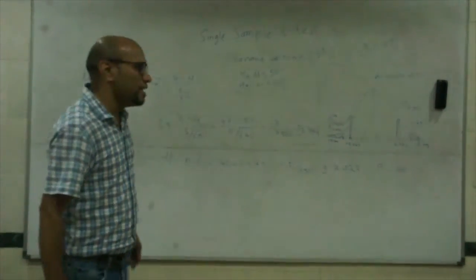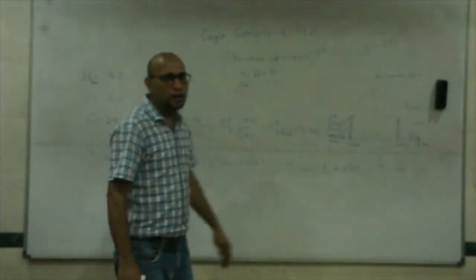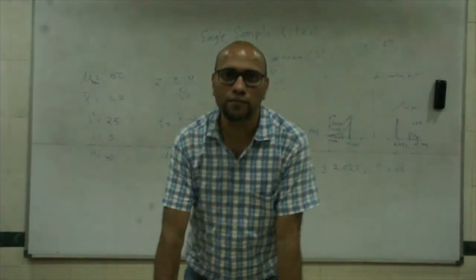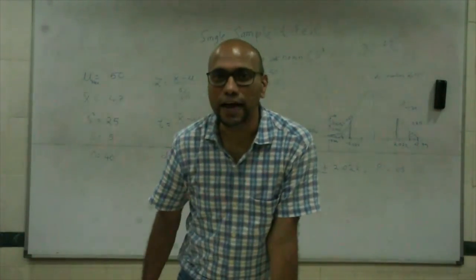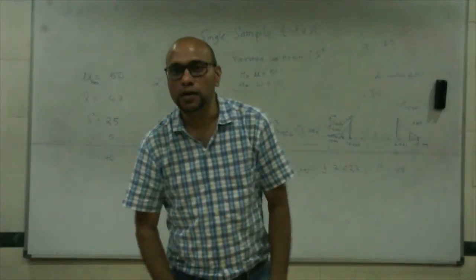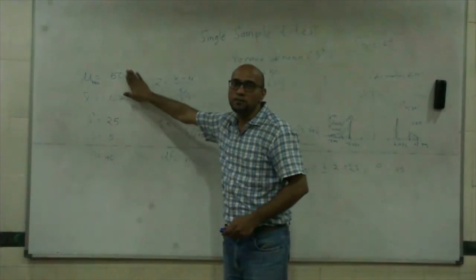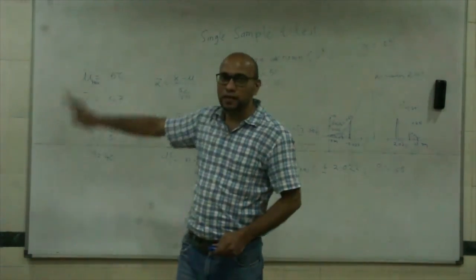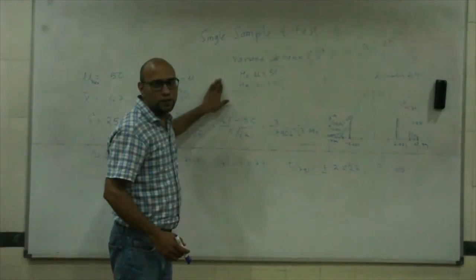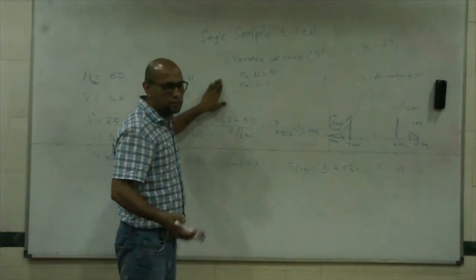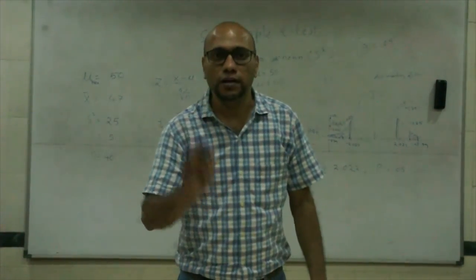Or I can say that since getting a mean of 47 is not very probable, the probability of getting a mean this far from the population mean of 50 is really low. I can actually say that this mean 47 comes from some other population and definitely is not coming from a population that has a mean of 50, right? So if I say this, then I make a decision of rejecting the null and perhaps accepting the alternative. And accepting the alternative actually is not a great statement because it just says that the population from which this sample is coming does not have a mean